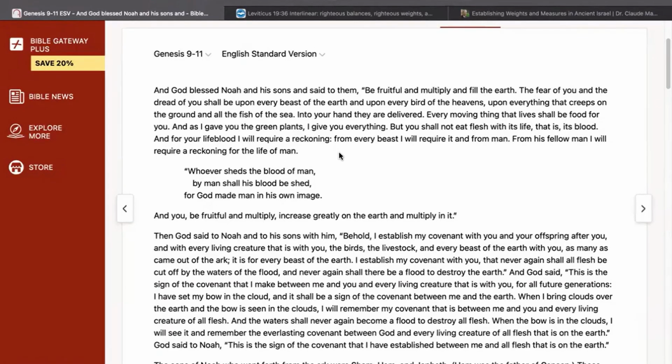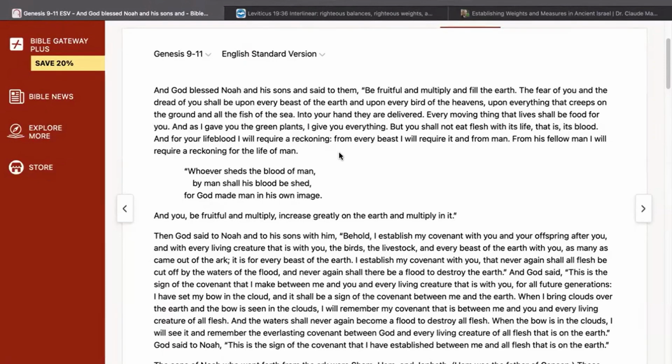Chapter 6, we are introduced to Noah, and then in chapters 7 and 8, we get a discussion of the flood. Then once the flood is done, at the end of chapter 8, there is the recreation after God has destroyed things. So like the decreation, and then there's the recreation, and now we are on the backside of that.